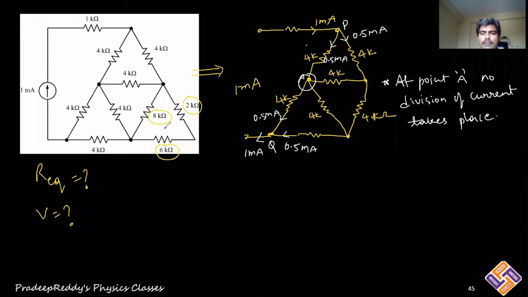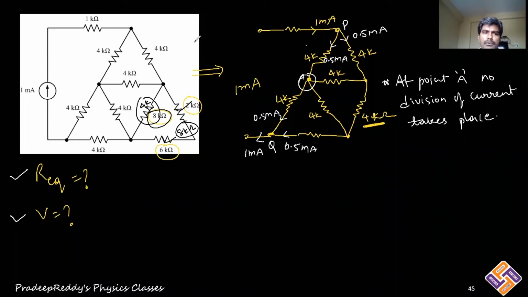Students, all the values of resistors are being given to you in the problem. You are supposed to find out the equivalent resistance and voltage. In order to find the equivalent resistance, first redraw the circuit. Now checking this circuit, 2 kilo ohm and 6 kilo ohm are both connected in series. This 2 kilo ohm and 6 kilo ohm become 8 kilo ohm. 8 kilo ohm and 8 kilo ohm are both connected in parallel. So therefore it becomes 4 kilo ohm. This 4 kilo ohm I am drawing here. 4 kilo ohm. Okay, and the remaining part of the circuit is drawn as it is.